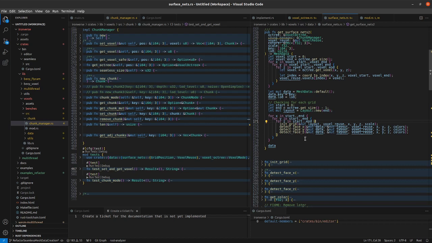So we put it in a one-dimensional array, converting the coordinates x, y, z into an index for an array for faster access. So I think that's the fastest way to access the value of the octree, because we're just creating